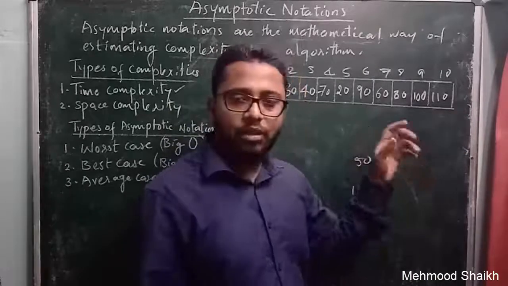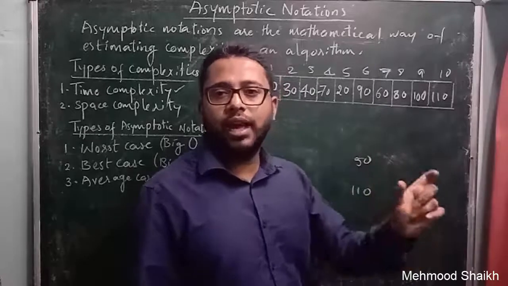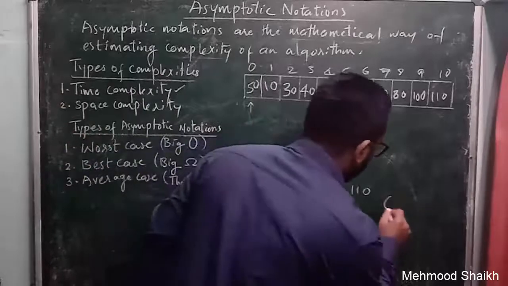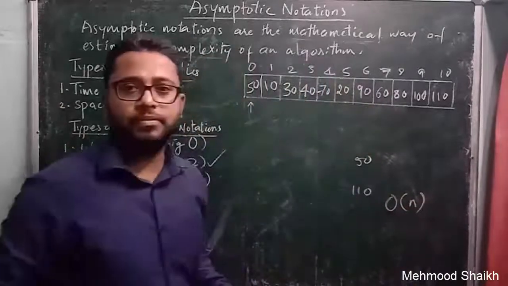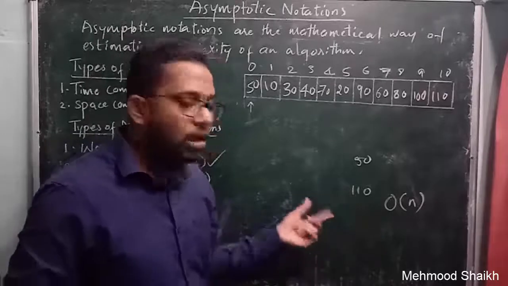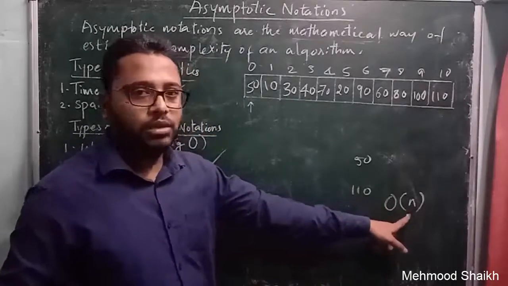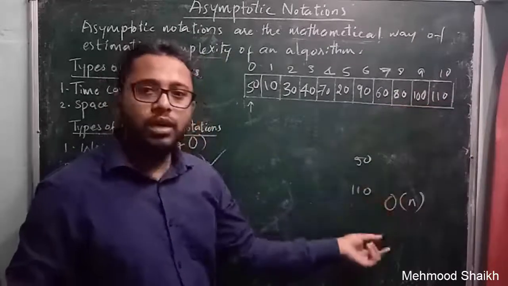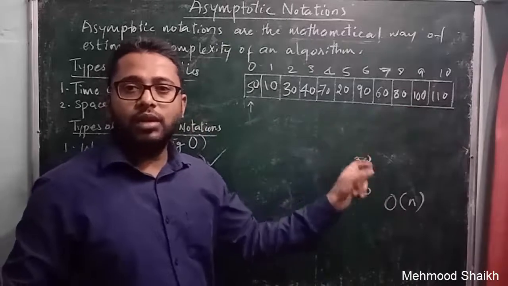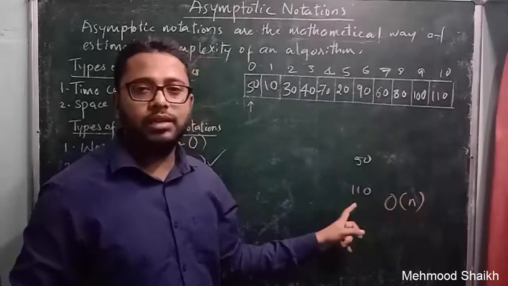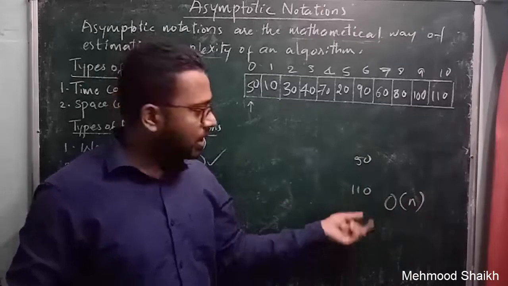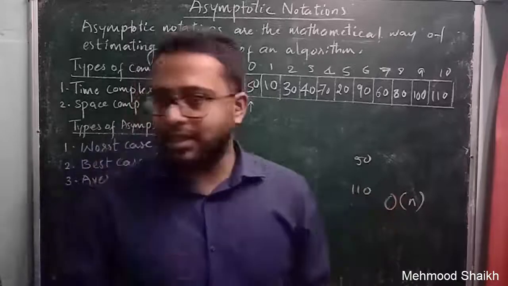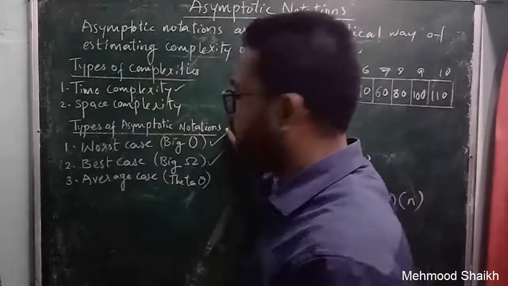Okay, so that means the time required now for this algorithm is n, and in terms of complexity we can denote it with big O of n. Okay, because our algorithm has to search n number of times. Now the value of n is 11, because here we have 11 elements, and our algorithm has to iterate 11 times to search for that element 110. Okay, that means the time required for this algorithm in this case is big O of n, and this case will be represented as the worst case.